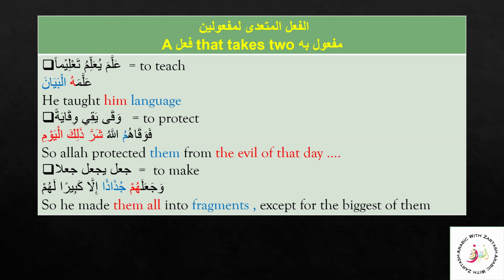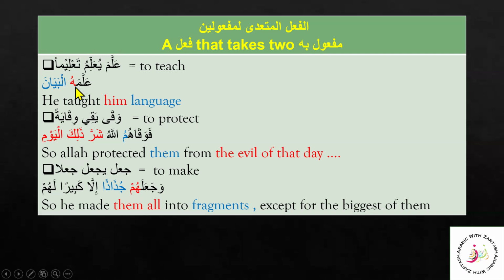The first one is allama yu'allimu ta'liman. This is family 2. We remember allama yu'allimu ta'liman, to teach. Example from the Quran is allamahul bayan. Allamahul bayana. He taught him language. Here you can see this verb. This is the fi'l that is taking two maf'ul bihi,